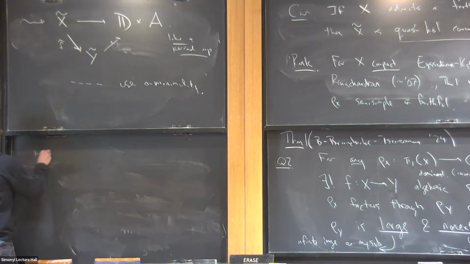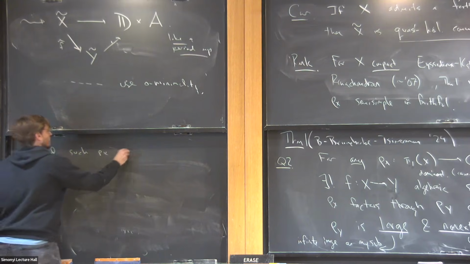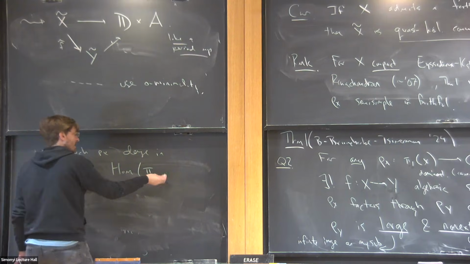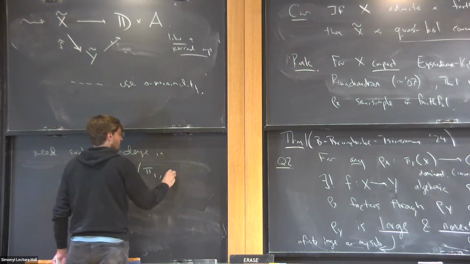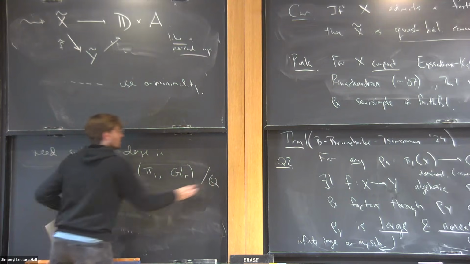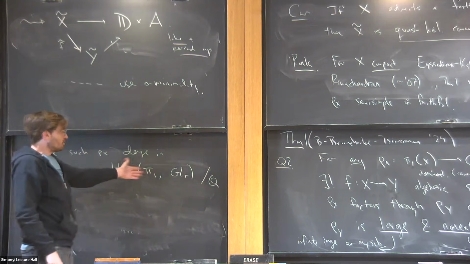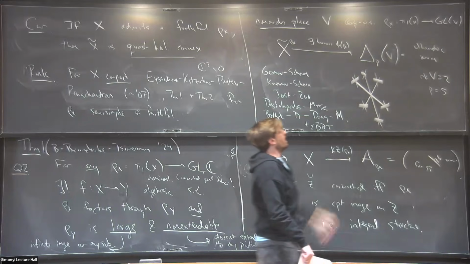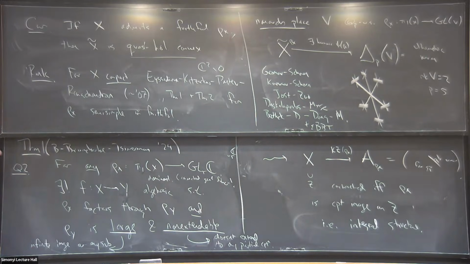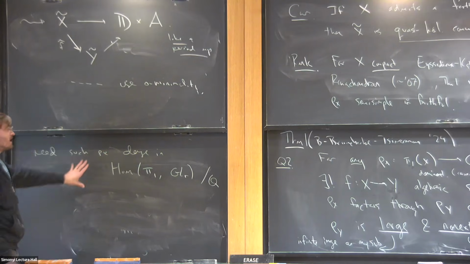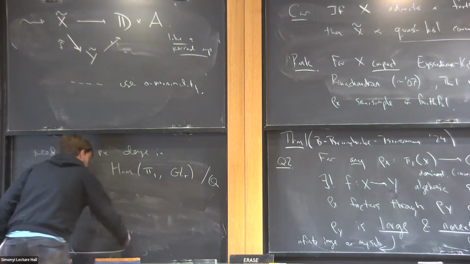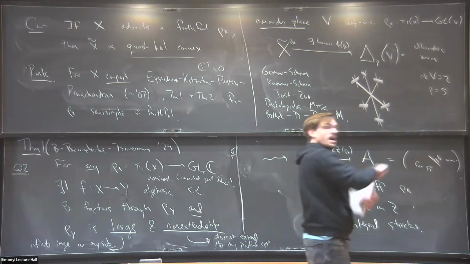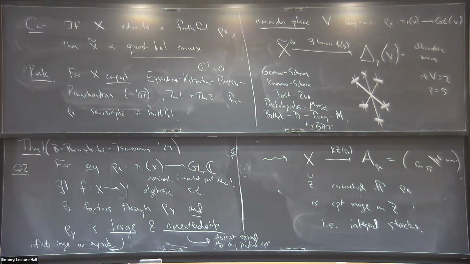Okay, so we need such rho to be dense in the space of representations, which is just some algebraic variety defined over Q, because it's just Homs from this finitely presented group into GL_r. Of course, this will have lots of Q-bar points, and therefore, by taking some finite place and replacing Q_p with some finite extension, there will be lots of non-Archimedean local systems, so that's not the problem. The problem is that when I deform to get things that underlie period maps, I might have to go far away. So they might be pretty sparse.